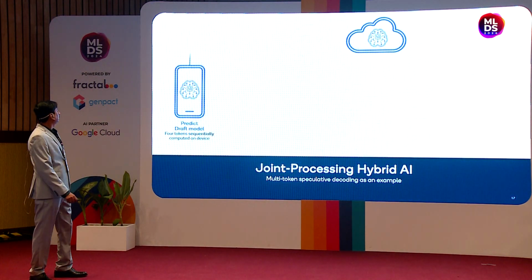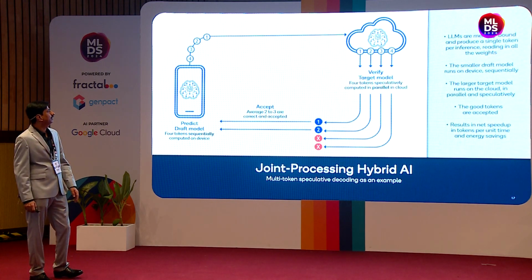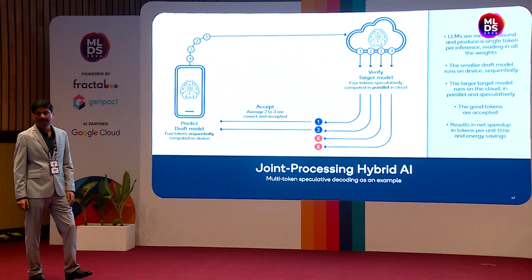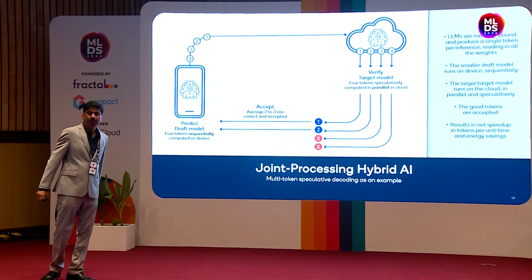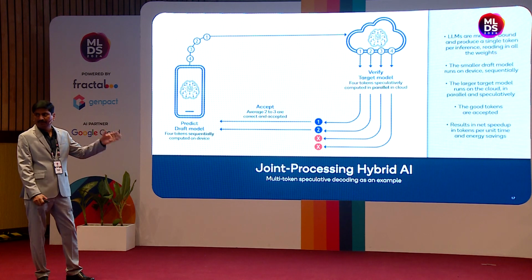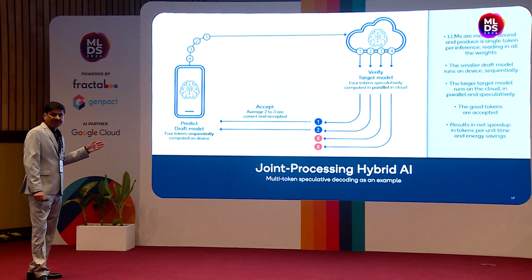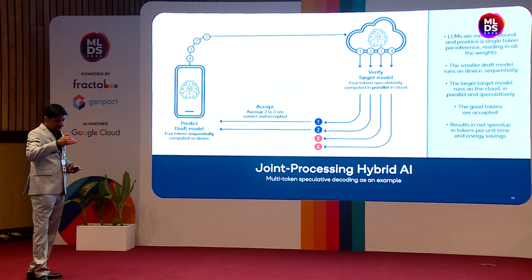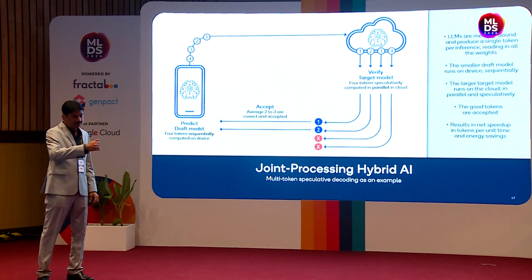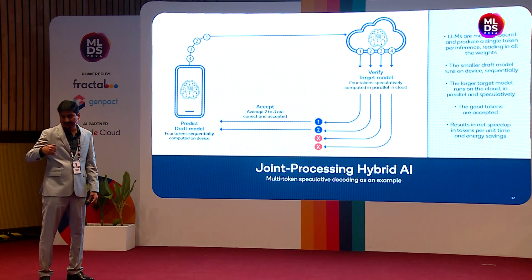The other important technique is speculative decoding. Maybe some of you are already aware of it. Here we run two models in parallel. One is, let's say, a 10 times smaller model, which can run on the device, and the regular model, like a 100 billion or 150 billion parameter model, runs on the cloud. The first problem with these large models is that it takes a lot of time to move weights from DRAM to your chip.